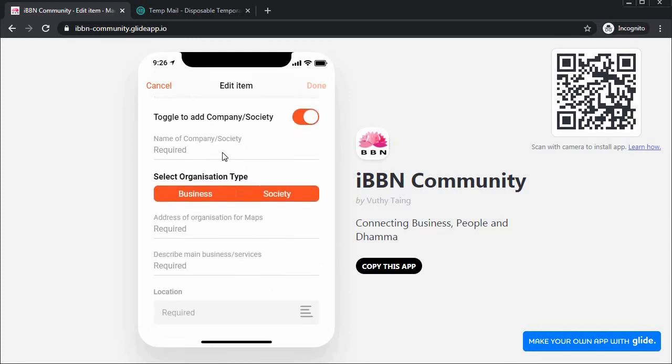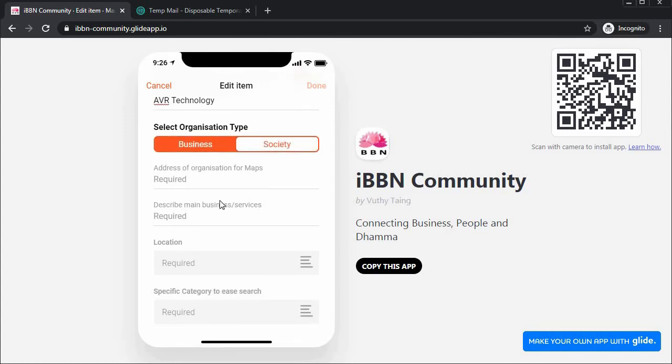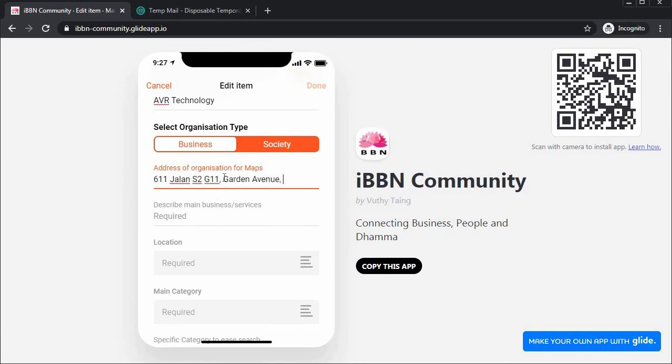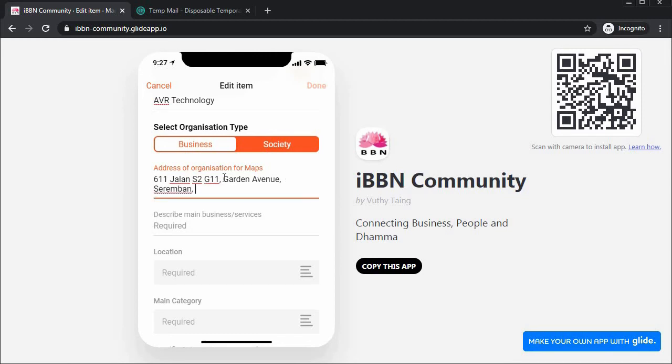You fill in your company detail here. All right, so let me do that. AVR Technology is my company. It's a business, so you can select either society or business, and you can see different things will pop up according to your selection. So my address, let me just put a dummy address, Jalan S2G11 Garden Avenue, Seremban, Negeri Sembilan. It's important to give the full address because this will be linked up to the map system,